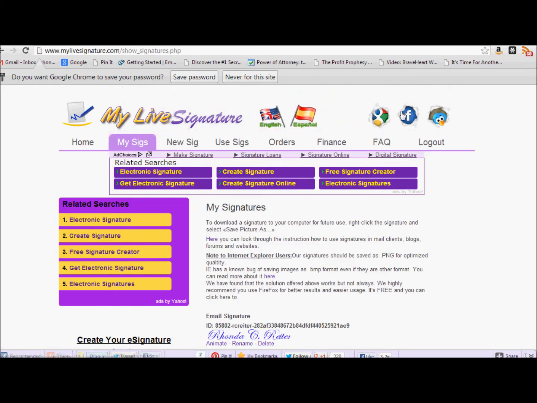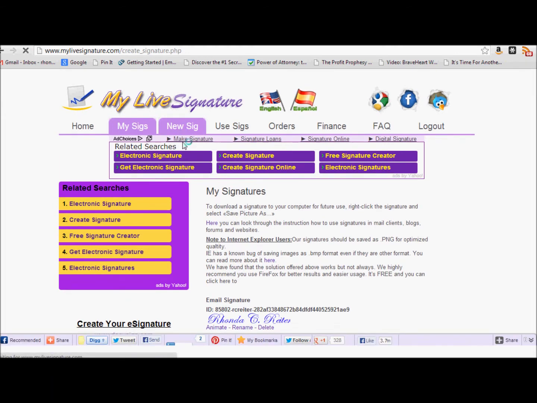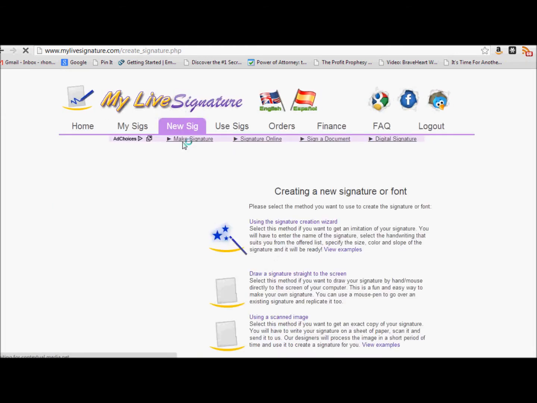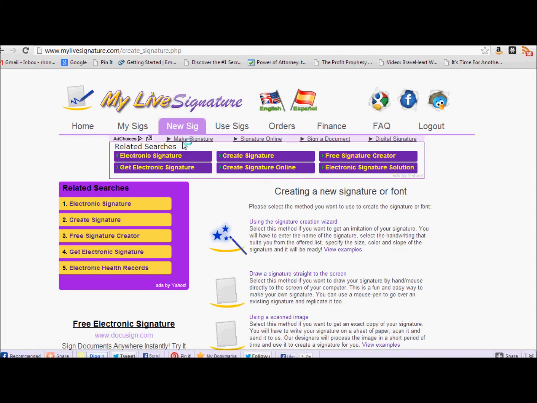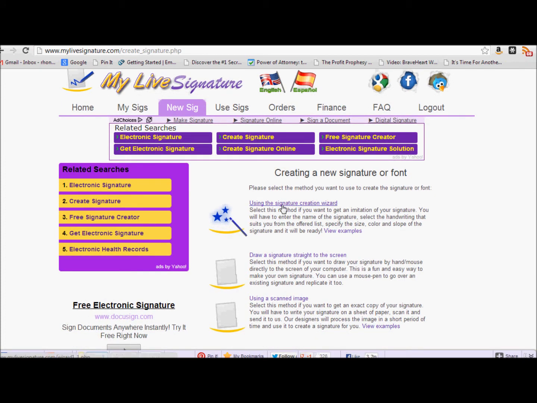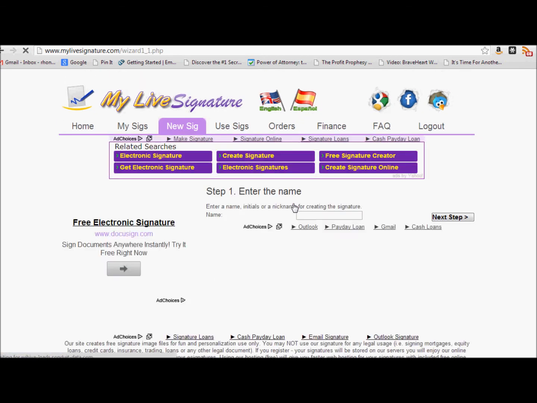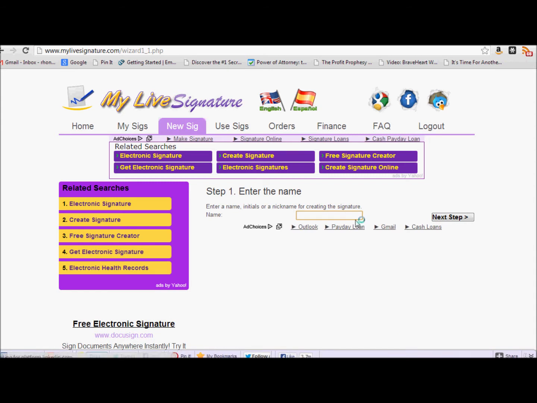So first of all, we're going to go create a new signature. And what I recommend to start off with, we're going to go through the signature wizard. It's really quick and easy. You can play with this other stuff at another time if you wish, but we're going to go through the wizard. So click on the signature wizard and type in what you want yours to be. I go by, I put my middle initial. You just hit next step,